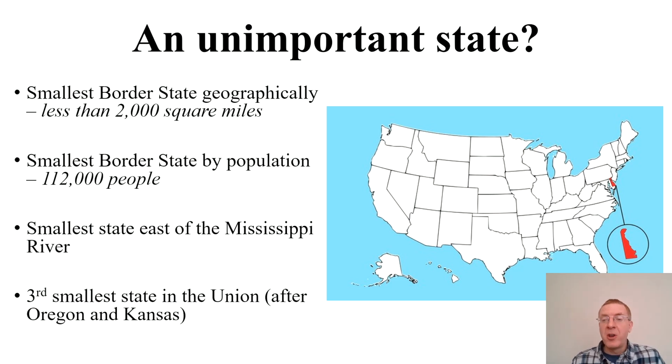Now, looking at the big picture, where does Delaware sit with the entire American Union in 1860? It is actually the smallest state population-wise east of the Mississippi River. And that was something that was noted in Washington. Also, if you look at the whole big picture, east and west of what was the United States in 1861, there were only two states which were smaller in population than Delaware, and those were Oregon and Kansas.